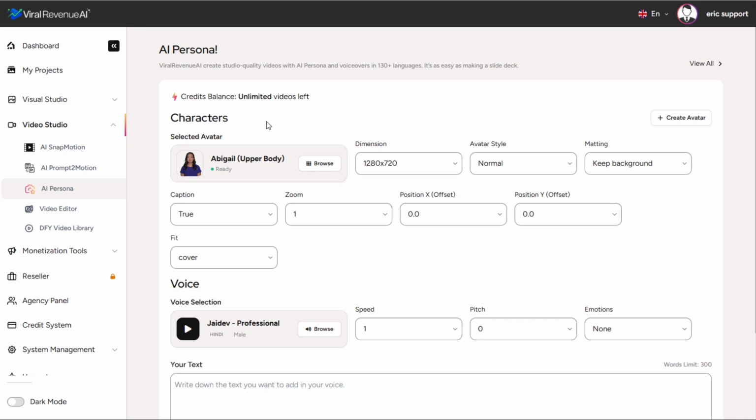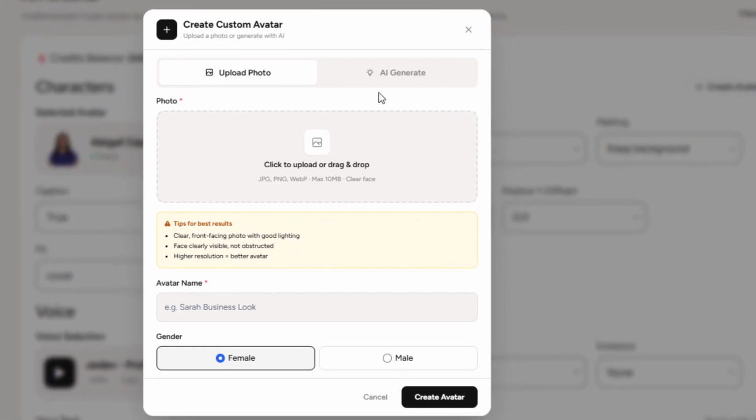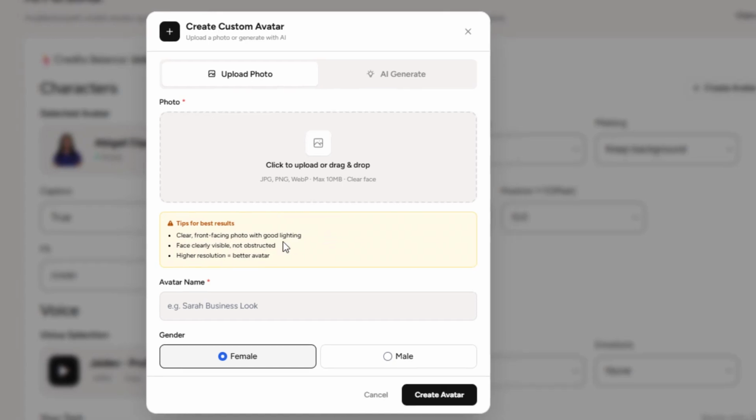And here we have a couple of options. We can choose from a huge library of built-in character avatars, or we can create our own avatar. First, let's look at creating our own avatar. And within this option, you have two choices. You can upload your own photo, or you can use AI to generate the avatar. So with the photo upload, that provides the opportunity that you could actually turn yourself into a custom avatar and essentially clone yourself, or clone anybody that you want to be your spokesperson. You could also use like a cartoon character or an animal. It doesn't have to be a human necessarily. You just want a good front-facing photo with good lighting so that the AI can get a good read of